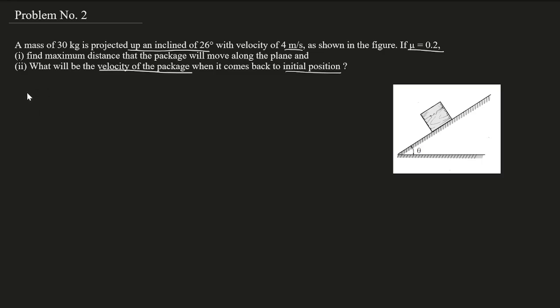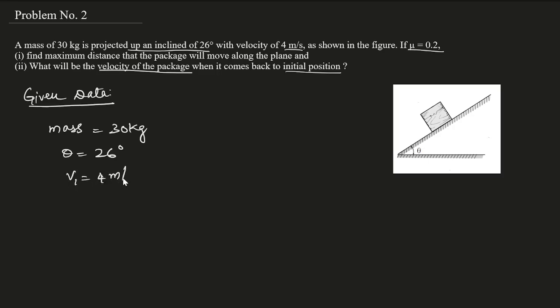So first of all, write the given data. Here the mass of the package is 30 kg. It is projected upward. Theta is equal to 26 degrees, with a velocity of 4 meters per second, that is v1 equal to 4 meters per second. And they have given mu equal to 0.2. Okay, so in the first case,